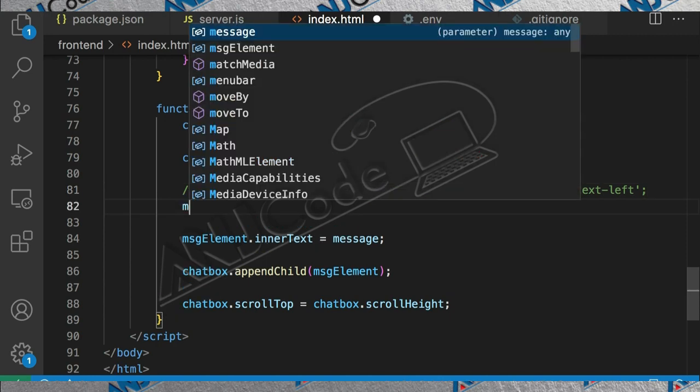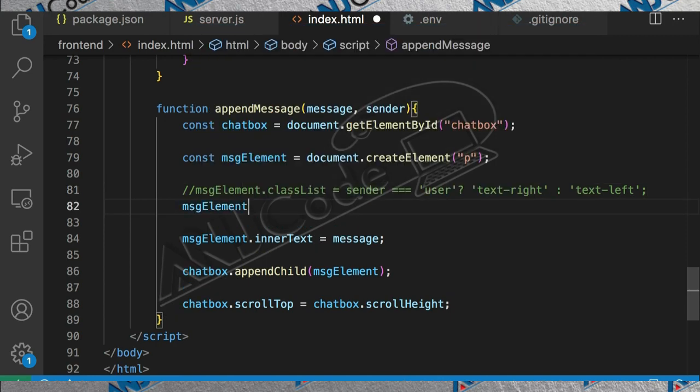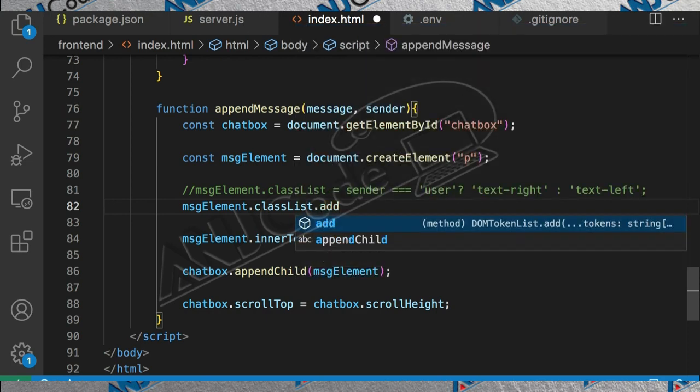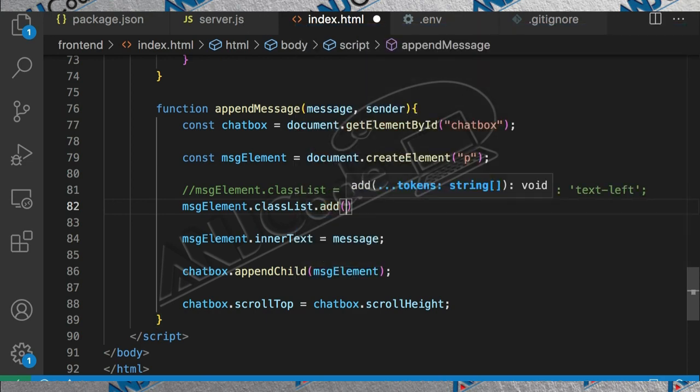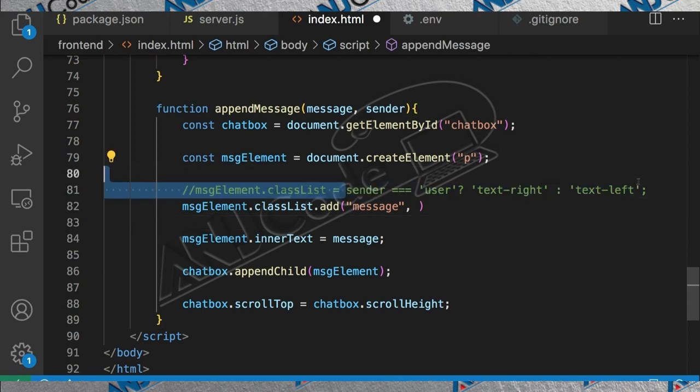We're going to say message element dot class list dot add, because we want to add more than one class. So first we want to add that message class, which is common between the two messages, both the user message and the chat message. Then we're going to take this condition to add the other class. Let me just write it. So the other one is going to be